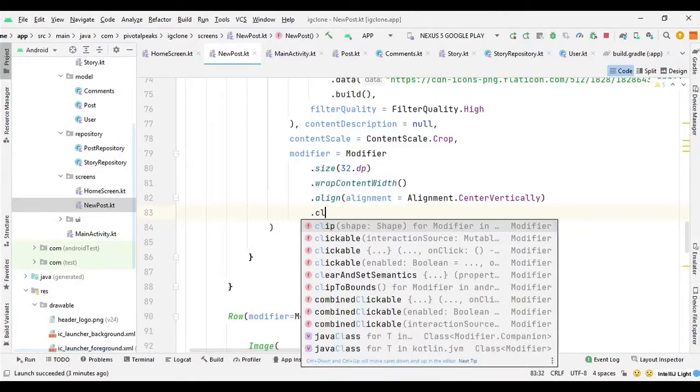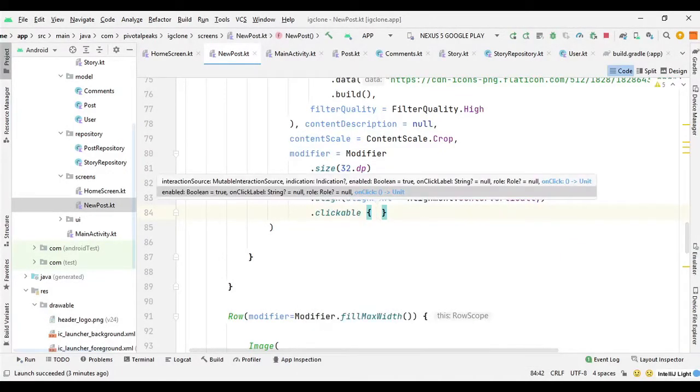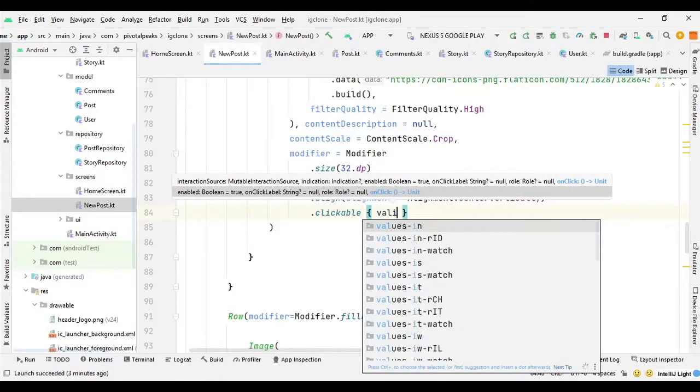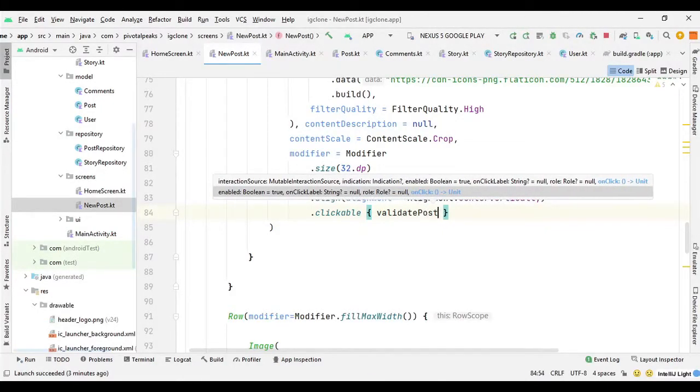So to make it clickable, we can just provide the clickable functionality. So where we can say clickable, and then we can provide a function here to validate the post. So we can say validate post, and we need to provide two parameters because we want to validate the image URL and the caption.